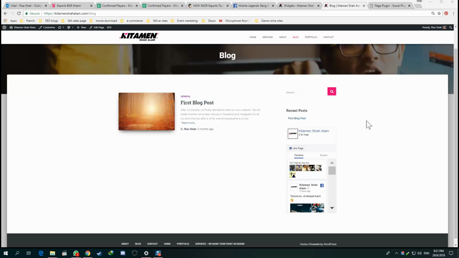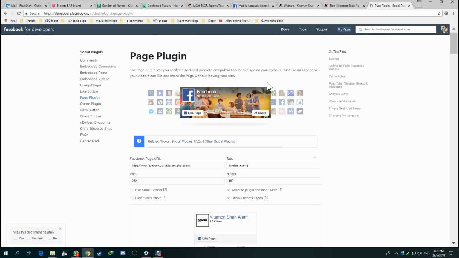Hi guys, today I'm going to show you how to get this Facebook widget on your WordPress site without installing any plugins whatsoever. It's actually quite simple. All you need to do is get the code, type it in your widget, and it will appear just like this. So without further ado, let's get to the first step, which is to get to this site called